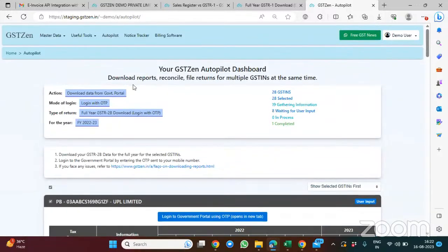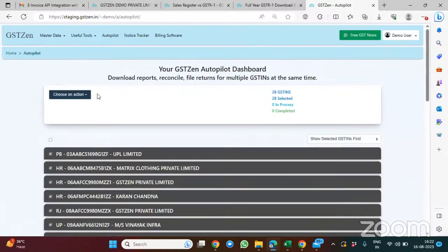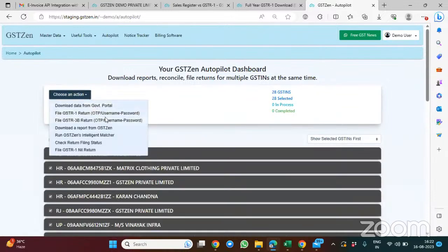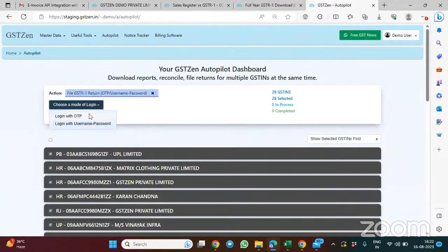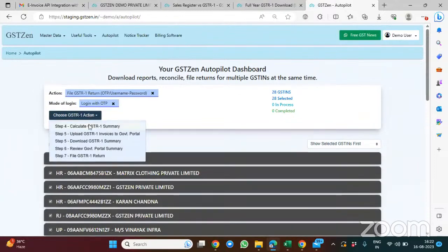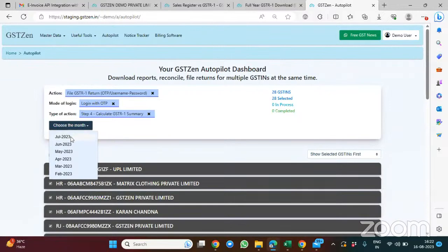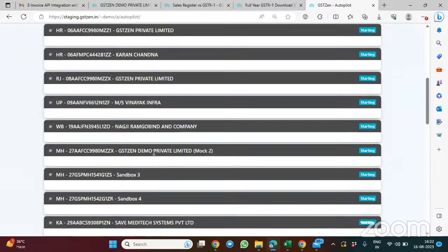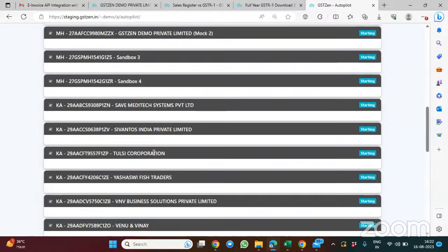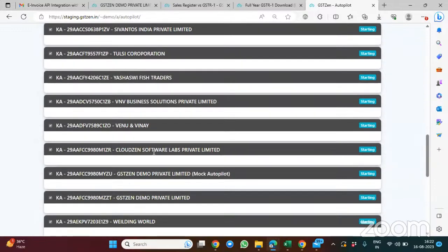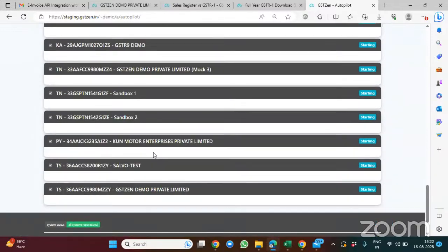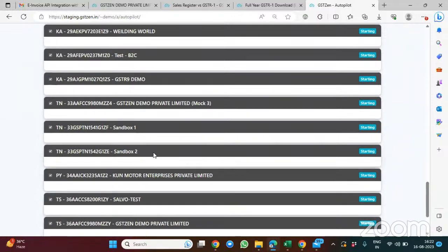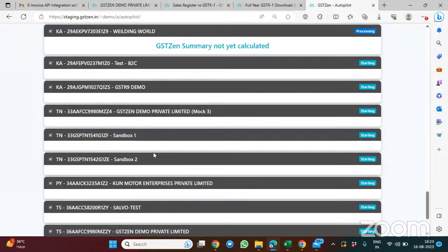Let's say if you want to check what you're filing for your GSTR1. So file return GSTR1 with OTP. If I want to check the summary before upload for July, I select all the GST numbers here and I can track all the GST numbers and their summaries, what would ultimately reflect on the portal. Even after upload, if you want to check what is there in the portal before you do a final submit, you want to review, make sure